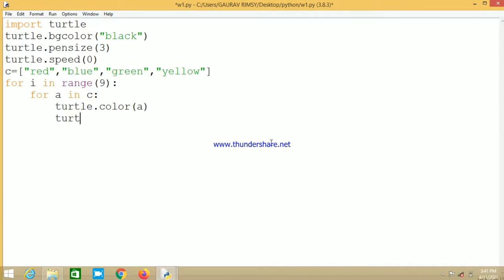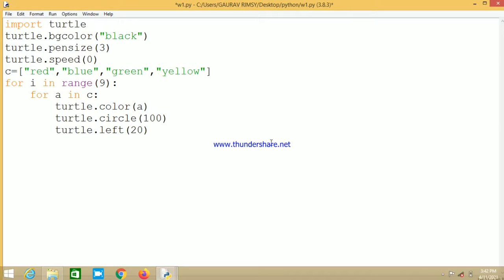Then I am going to define one circle with the specified radius in its brackets. This 100 is given as a radius, and these values are not fixed, you can take them according to your own requirements. Then turtle.left 20, what does it mean? It means that you are going to change the direction of the turtle by the value of the argument that it takes. As we are going to create the pattern, the loop will run in that particular range value 9.